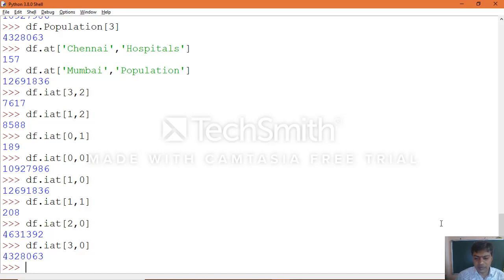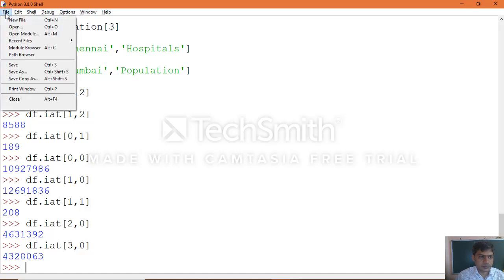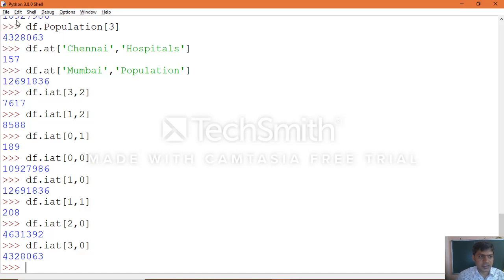Just make use of the same in the form of a new file.